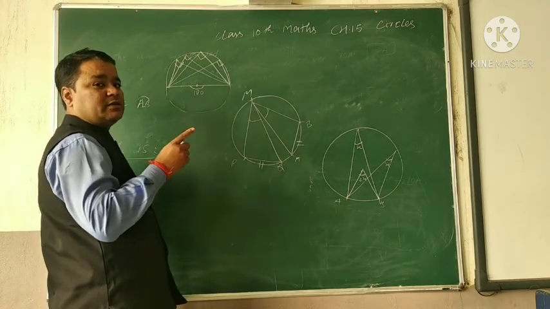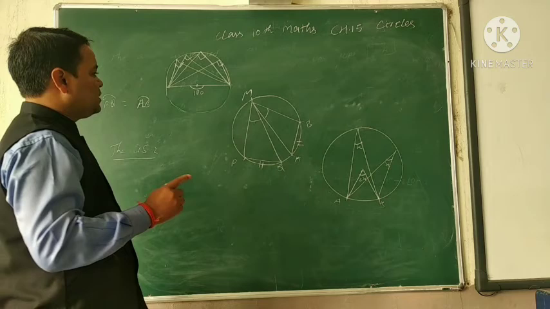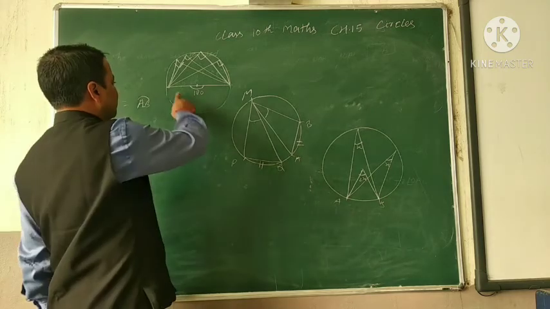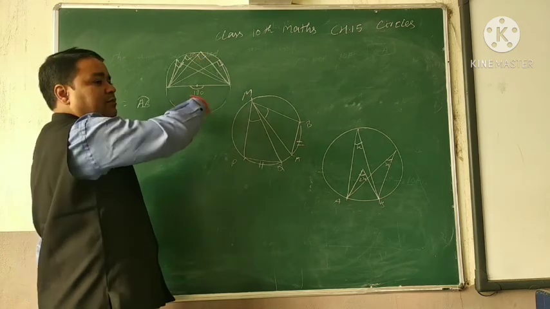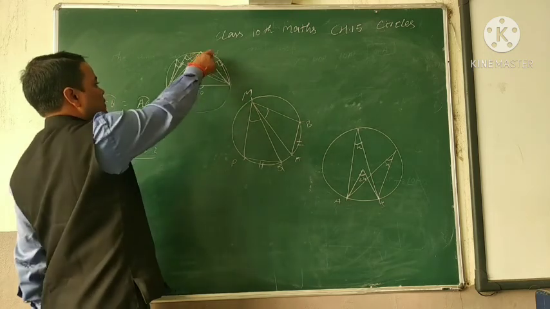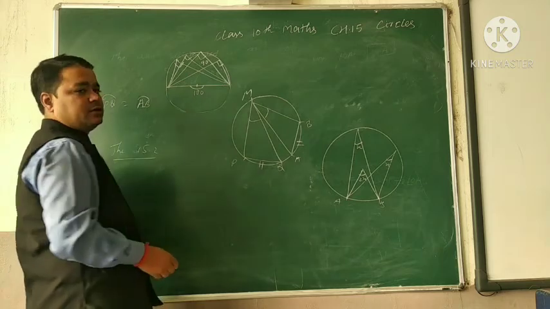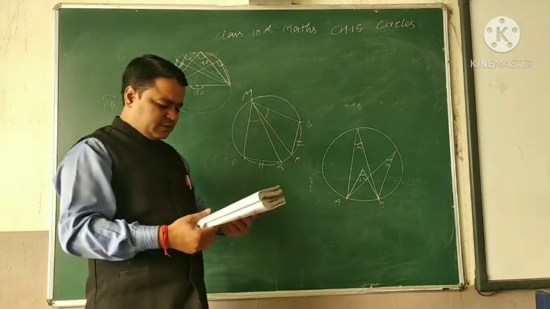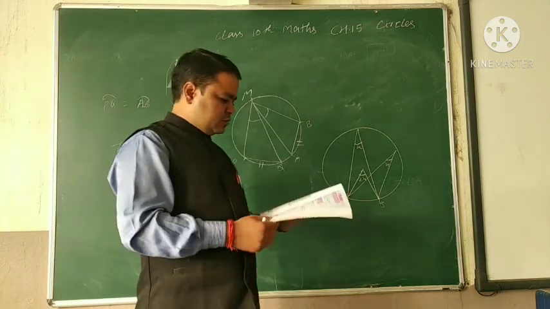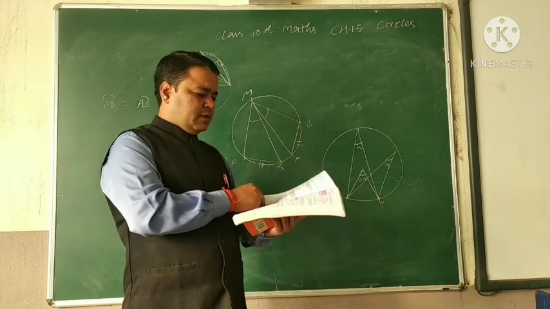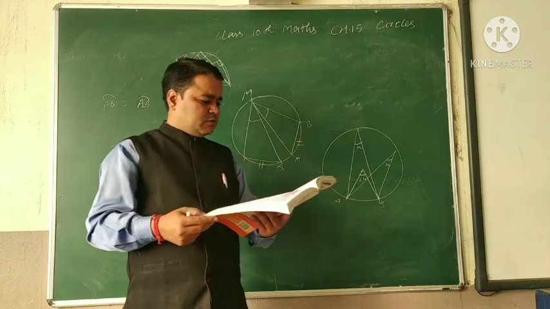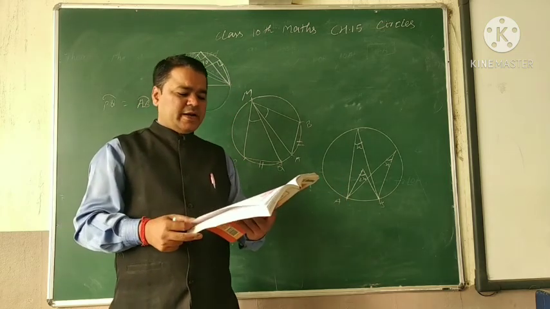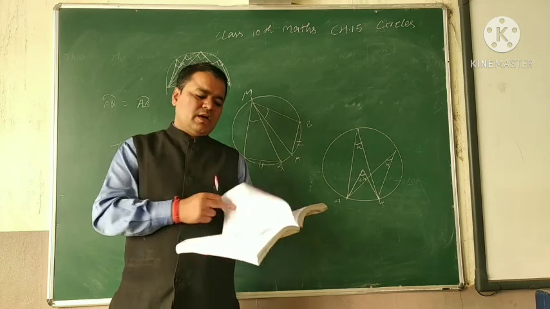Why? The reason behind this is the first theorem. Here this is 180 degrees, then this angle will be half of this angle, so it is 90 degrees. Okay. So these theorems are important to solve the questions given before exercise 15.1. Okay. We just go through these theorems and try to solve some example questions.